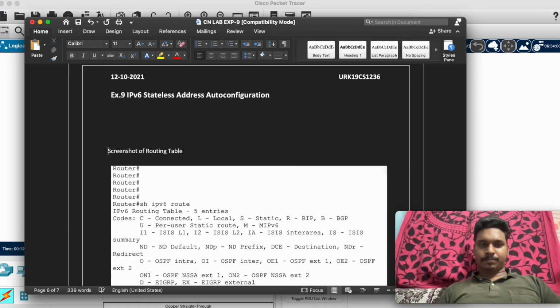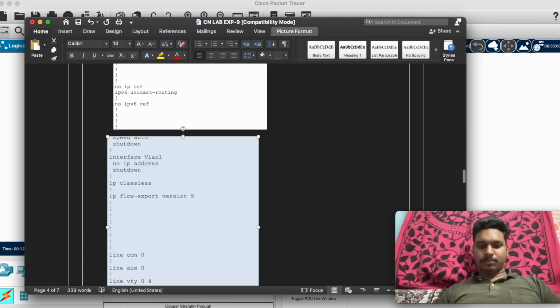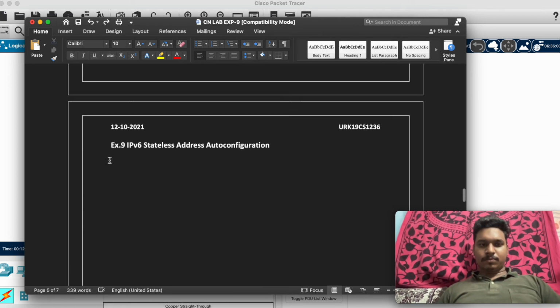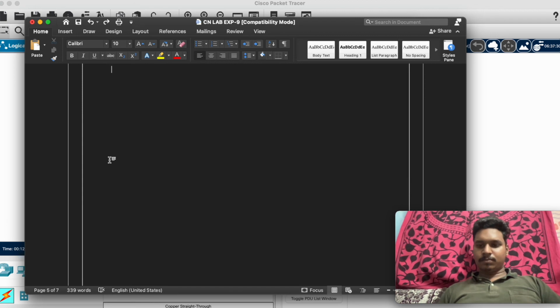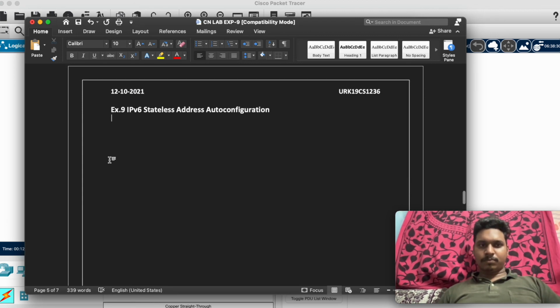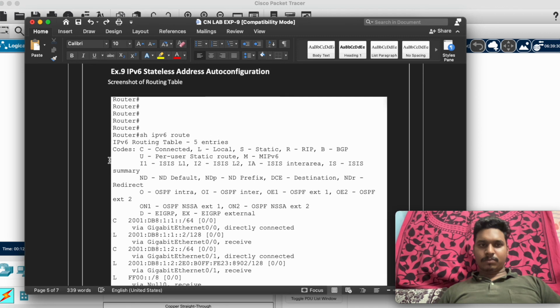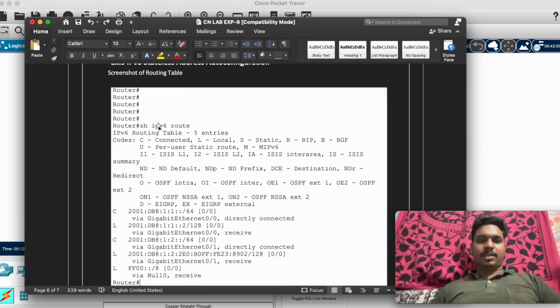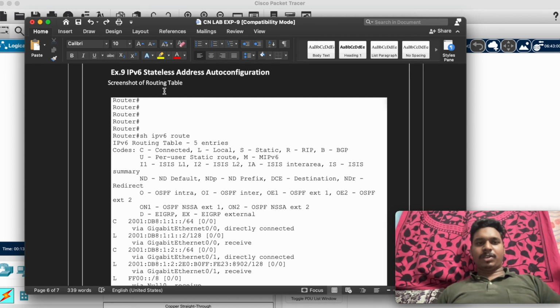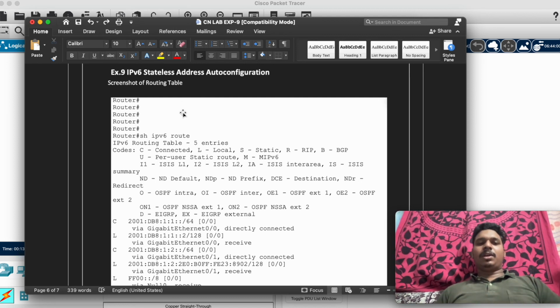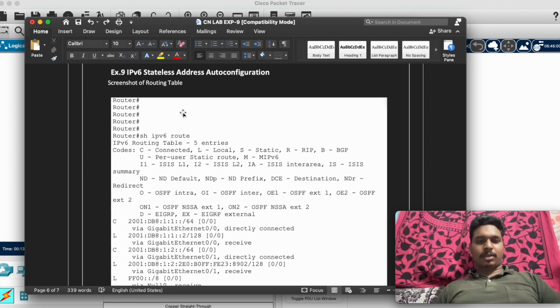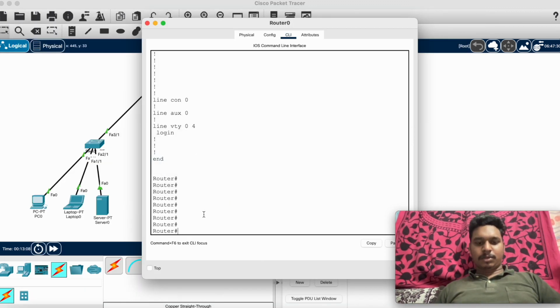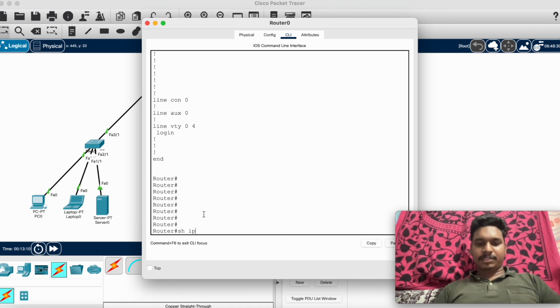If we come here now, we need to check the screenshot of a routing table. Okay, routing table, we need to show. So show IPv6 route.